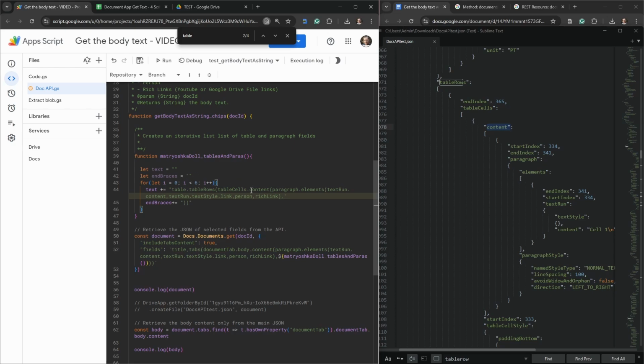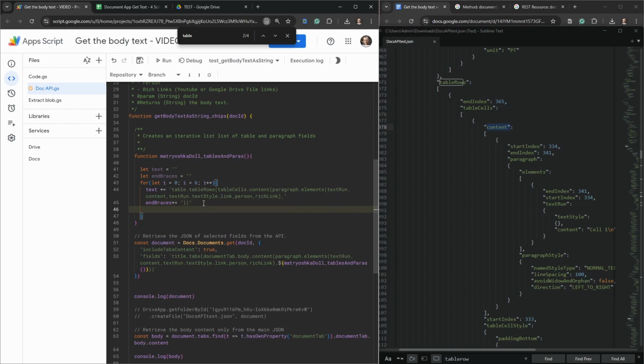And then we'll be doing that 6 times, basically copying this and appending this to here, and when we're done, we'll be putting those braces all back together. So we'll be appending a big list of braces onto the end. Okay, so that's our iterator sorted out, and then when we're all done, we want to say text plus equals